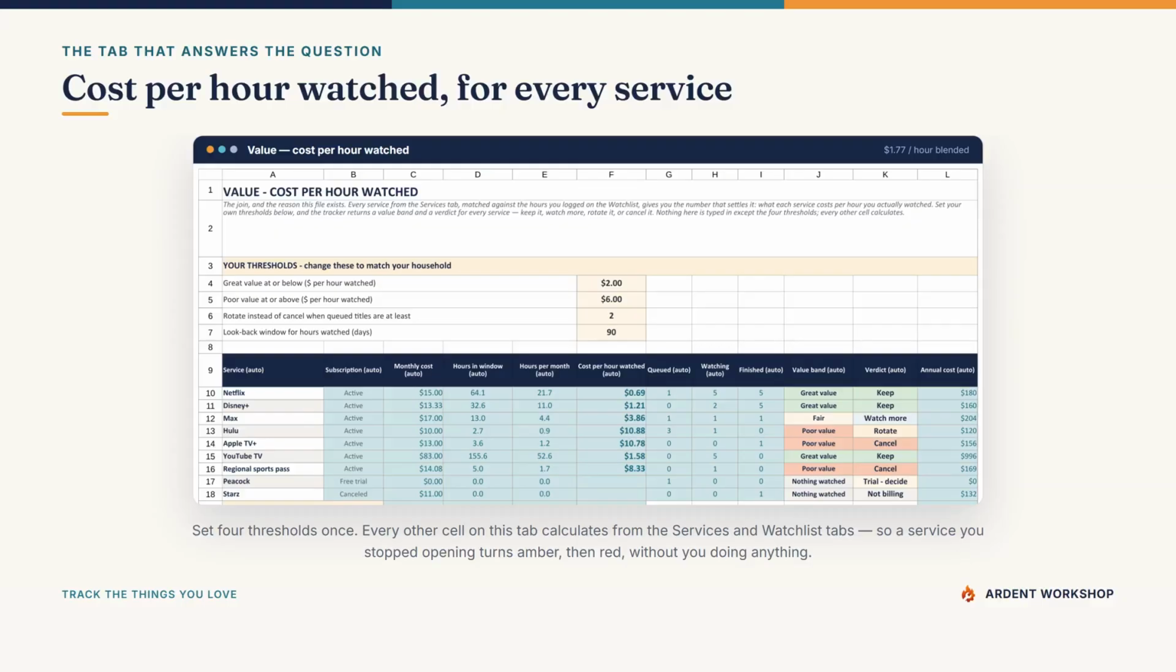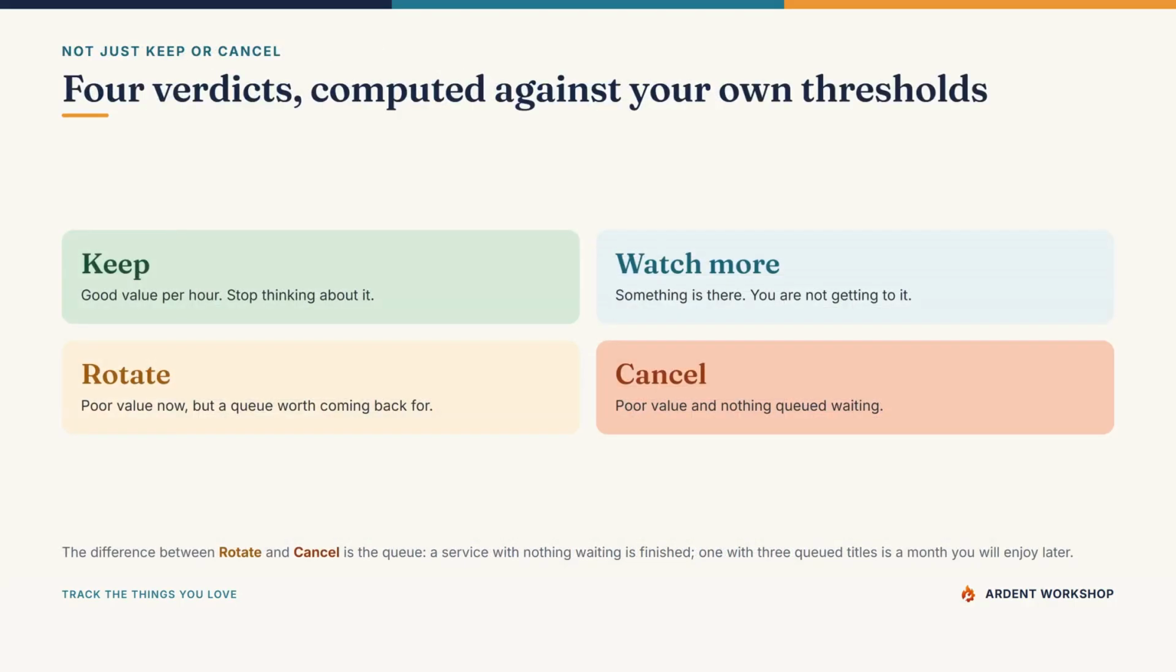The value tab is where the two halves meet, and it's the reason this file exists. For every service, it adds up the hours you logged, converts them to hours a month, and divides the monthly cost by them. That gives you cost per hour watched. In the worked household that ships with the file, one service comes out at 69 cents an hour, and another at $10.88. You set 2 thresholds once, and the workbook applies them to everything, so you stop arguing about each